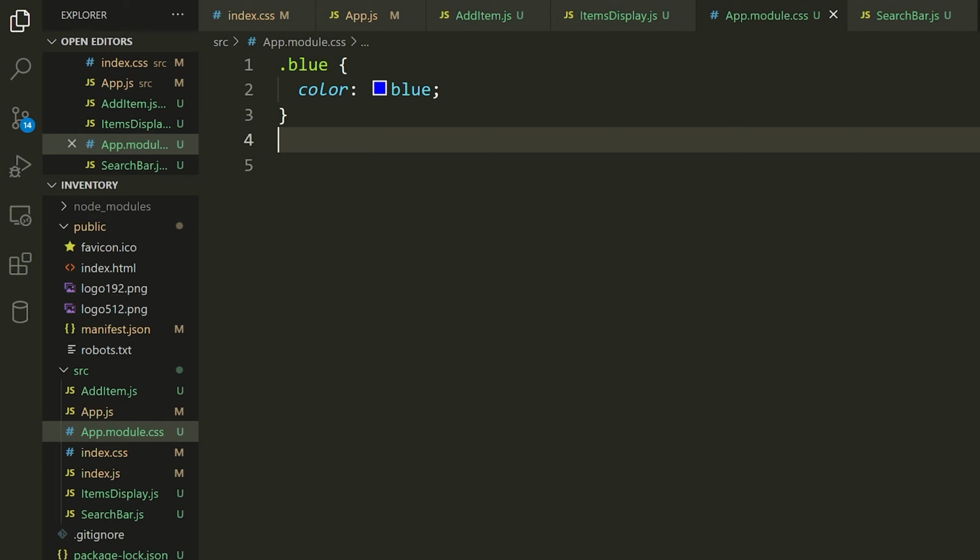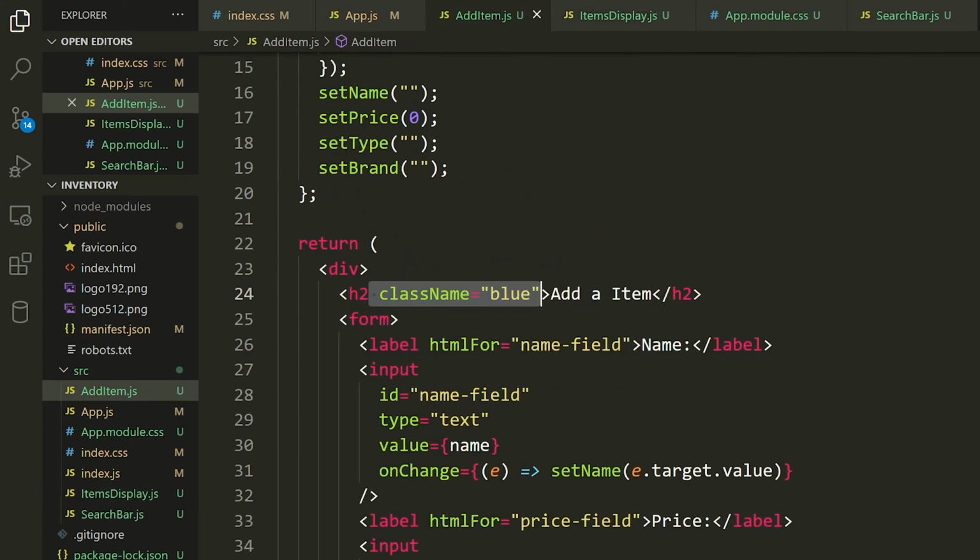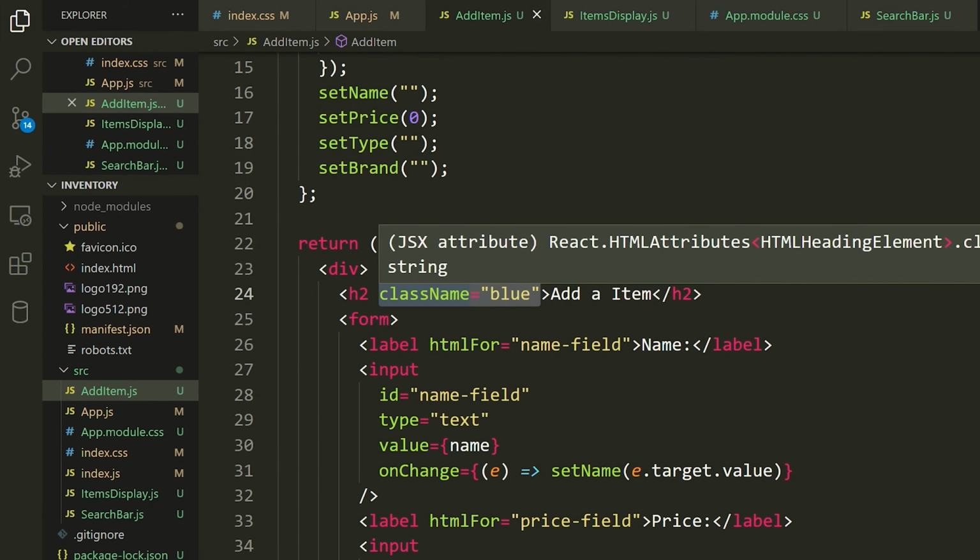All right, so hopefully that is somewhat clear, but the whole idea of this is just to tell you, hey, when you name it blue inside of here, if you try to access it from somewhere else and it's inside of a module file, so here we're trying to access this, you're not going to access it. It's just not going to work.